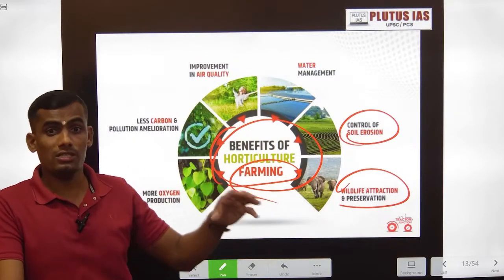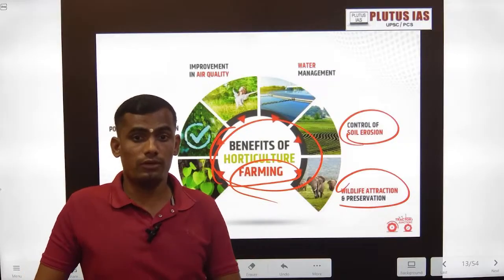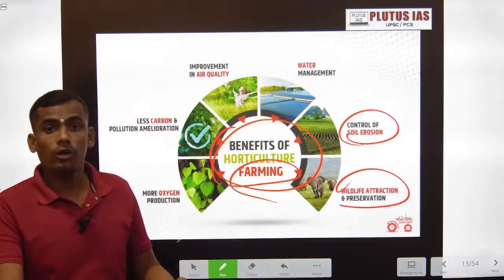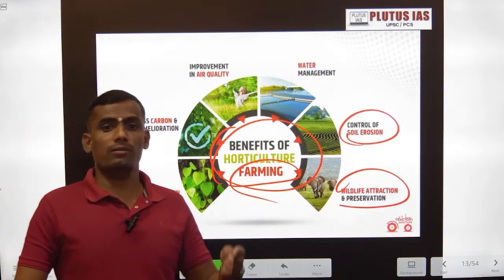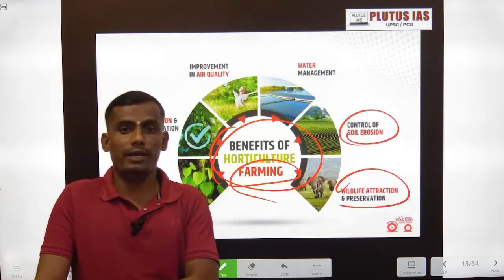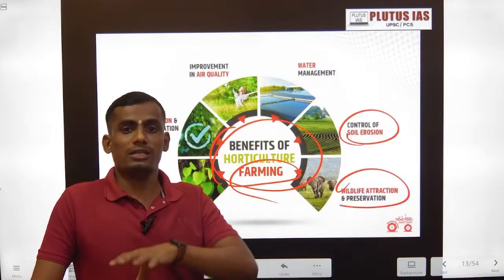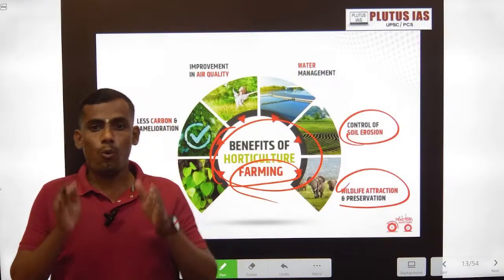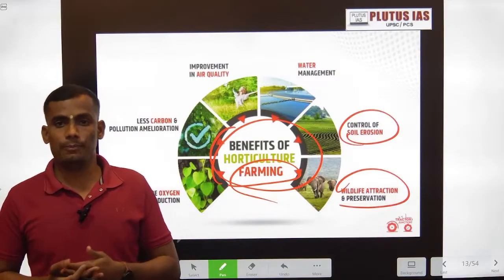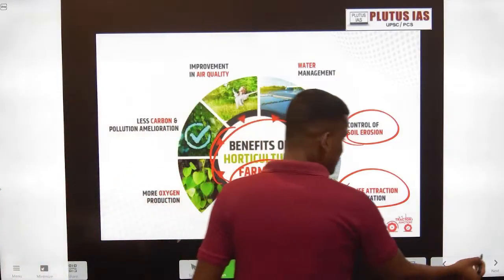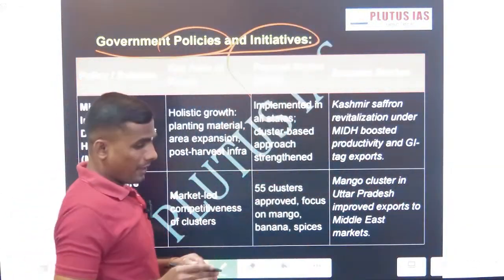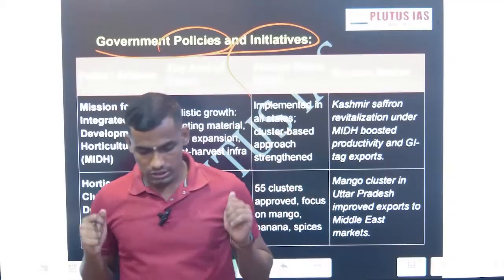We have earlier discussed the importance of horticulture in the Indian economy, that too from rural development, regional development, farmer income, employment generation, women's inclusion, inclusive social development. Okay, this much importance. Now we are going to discuss what exactly the Government of India has done to improve and boost horticulture production. This is the first: government policies and initiatives. Now tell me, this much importance, everything is there.